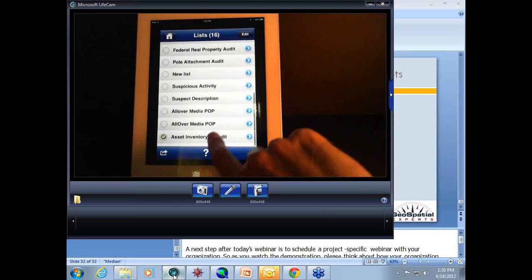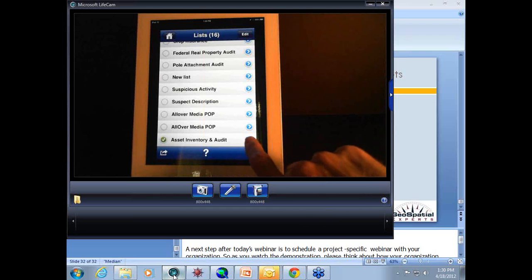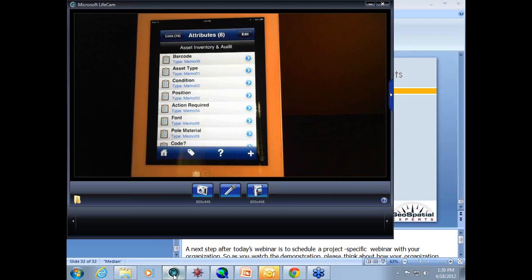Today, what we're going to use is a list called Asset Inventory and Audit, and I've checked over here on the left-hand side, making that my default list. When I choose that, I get a list of the attributes, and for each of these attributes, now I want to collect